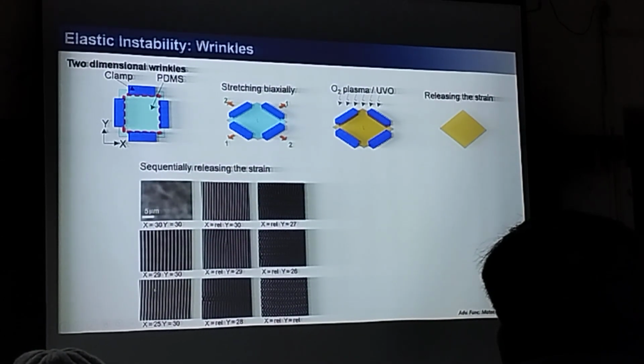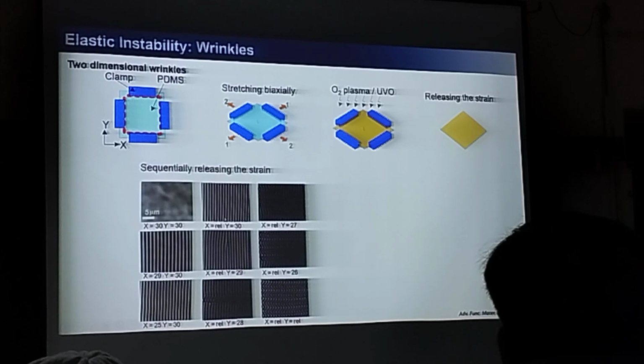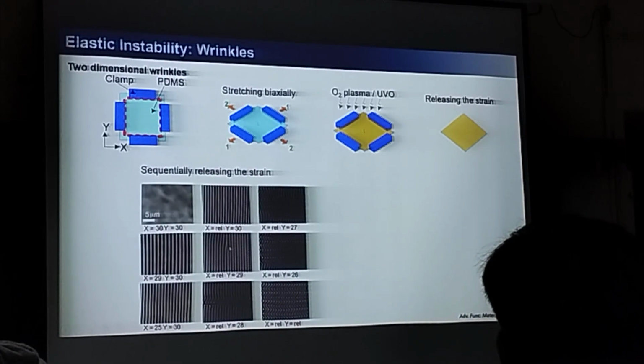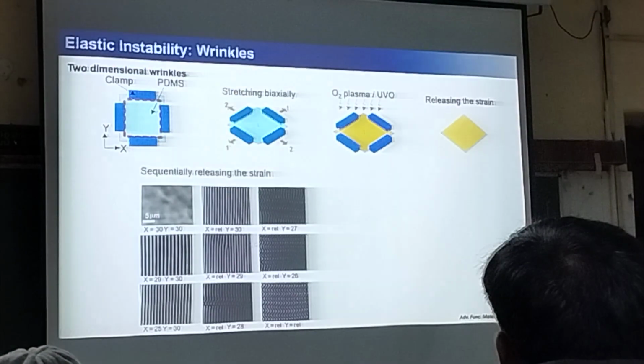So firstly you will get the linear wrinkle because it's only 1 dimensional, and the moment you start releasing the y, you will get this nucleation of the perpendicular wrinkles, and eventually what you get